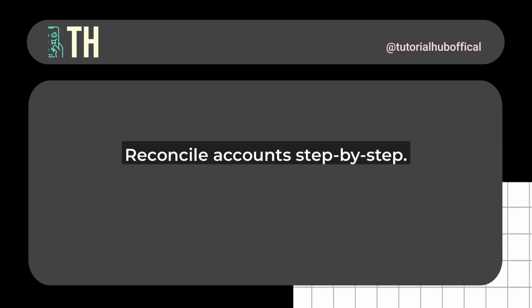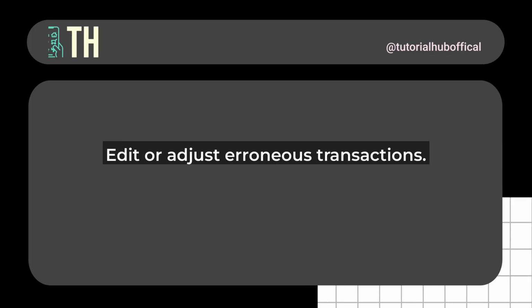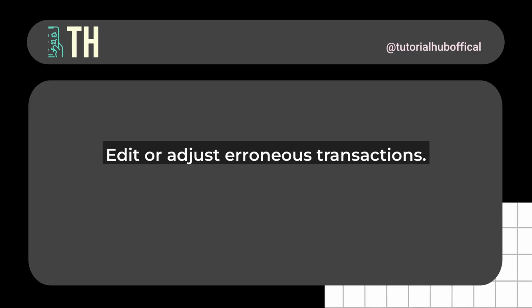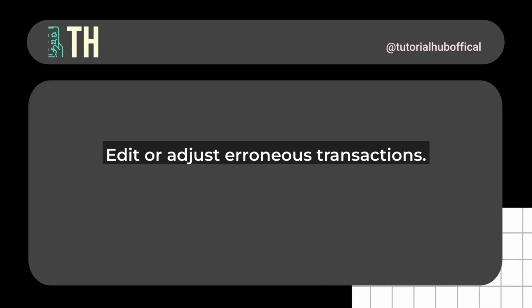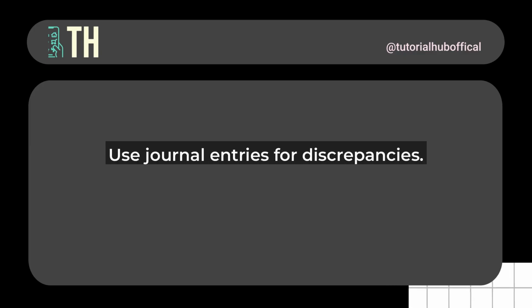Next up is reconciling your accounts. Click on Reconcile in the accounting menu, select the account in question, and enter the correct ending balance from your bank statement. QuickBooks will guide you through matching transactions. It's like a digital detective helping you out. If discrepancies persist, adjust for any outstanding items. Sometimes, you might need to add a journal entry. Head to the Journal Entry option under the Plus New button, and make sure to categorize it properly to balance